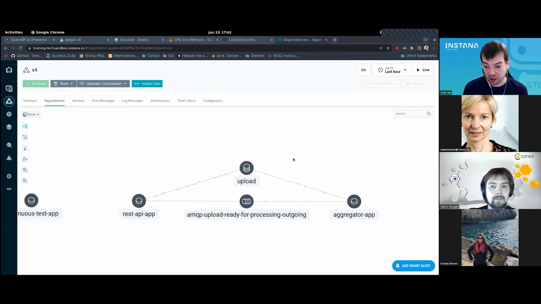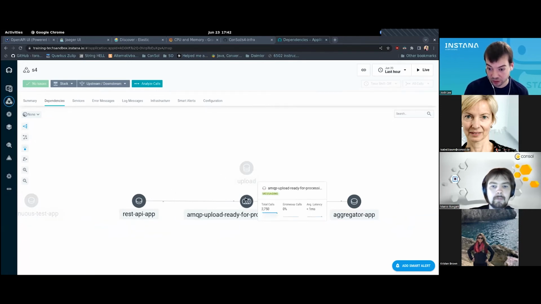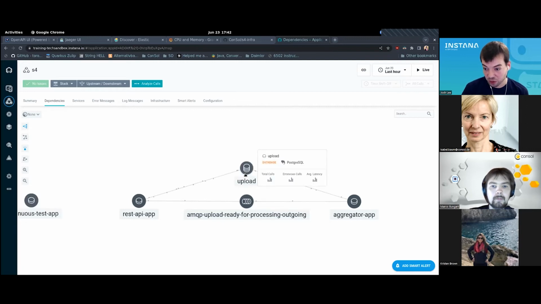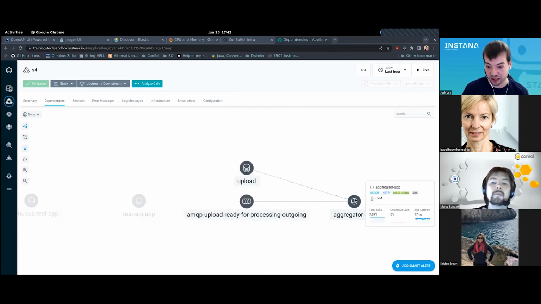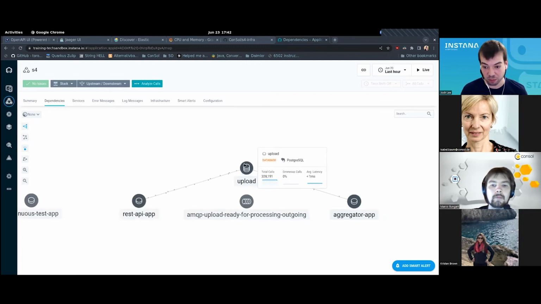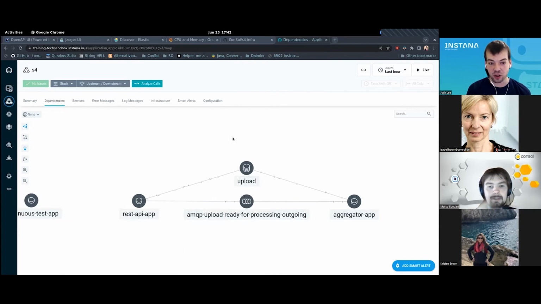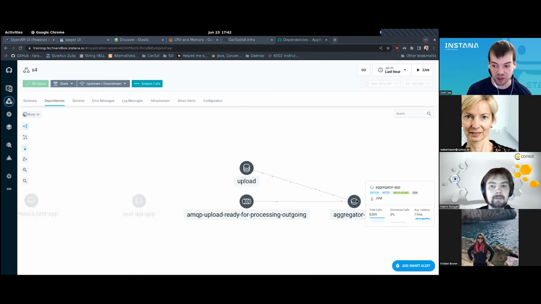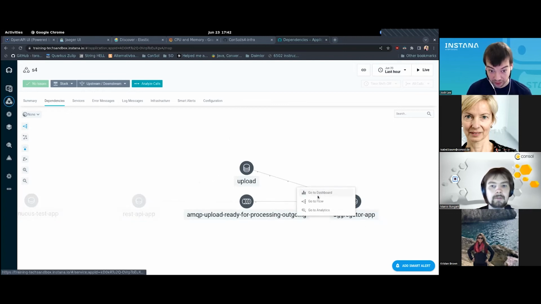So we can see here that we have the REST API app, that's the Quarkus application, communicating with the AMQP queues on the Artemis, and then sending those to another application, and finally that ends up back in the Postgres database, which is read out by the REST application again. And so this was all automatic. We don't need to do anything to instrument this. We can analyze these calls down to, for any one of these requests, what the origin request on the REST API was, and so on.